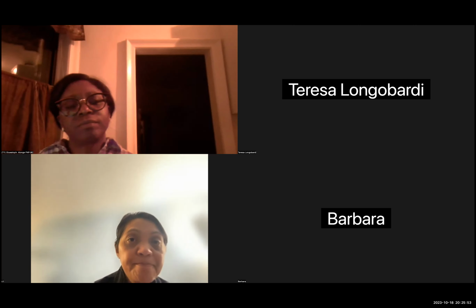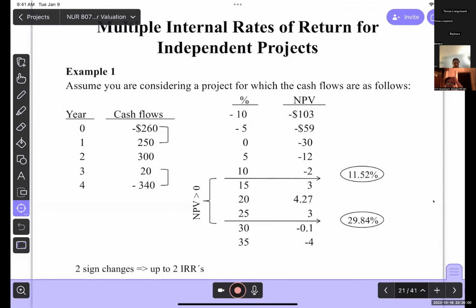So what should your guess be according to the NPV profile on the right side? It should be between 10 and 15. And the other should be between 25 and 30. Now, let's see if it can work. So you got to put a number closer to 25 and 30. Otherwise, it'll iterate and keep getting this one. These are the answers if you got it right: 11.52 and 29.84. So going back to Excel,